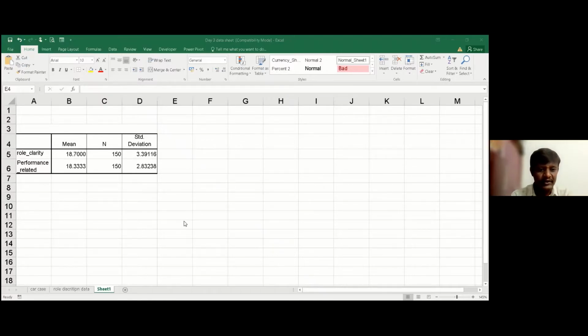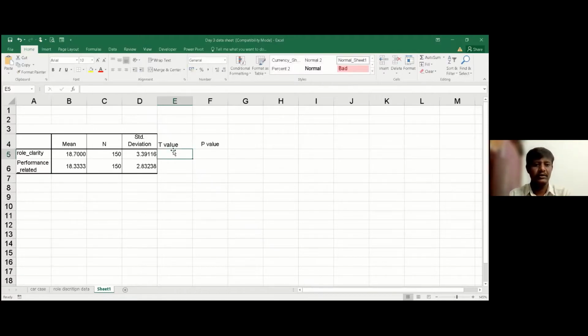That n value, we have already got it from the first table, so we can remove it. Now we are going to work on the third table. From the third table, we are going to take the t value and the significance two-tailed value. So to this table, we are going to create 2 more columns. One is the t value and another one is the p value.